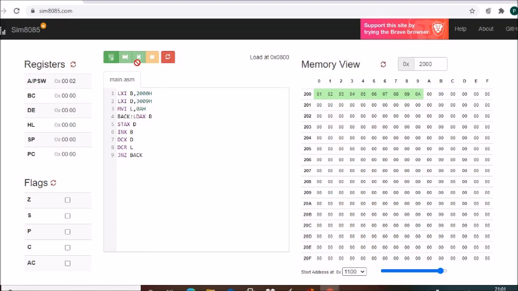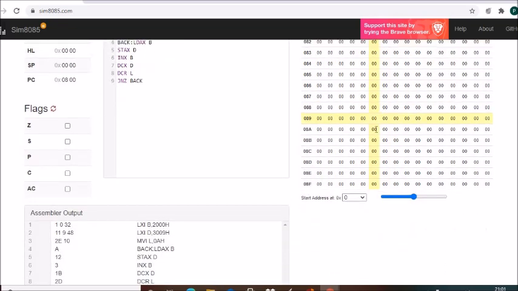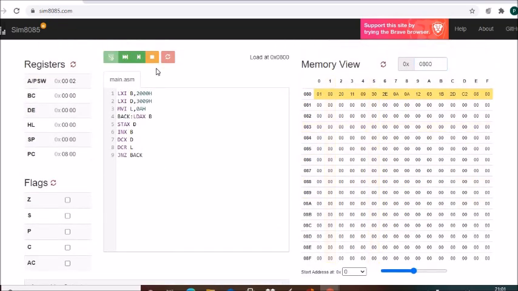Okay, now I'll assemble and compile it, and it is stored in 0800. The program is loaded in 0800. So let's see 0800. See, our program is loaded. Oh, okay, one minute. We have not written halt.